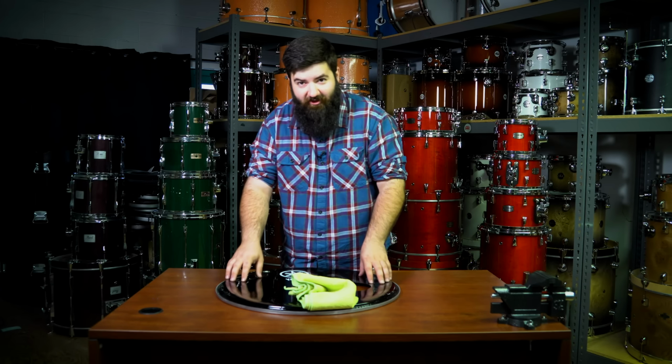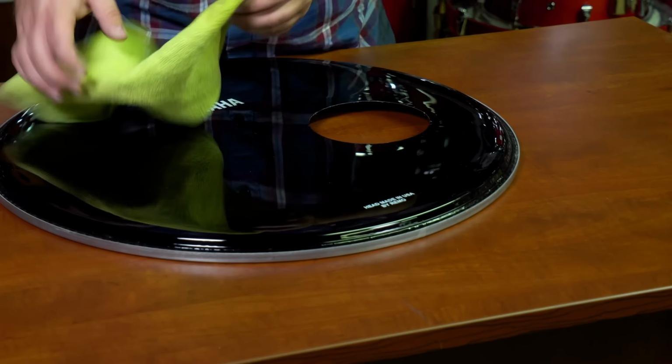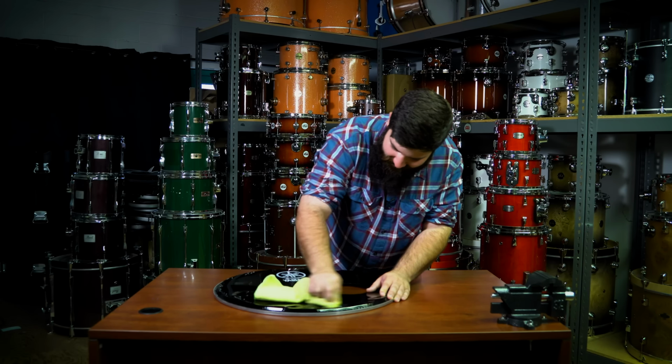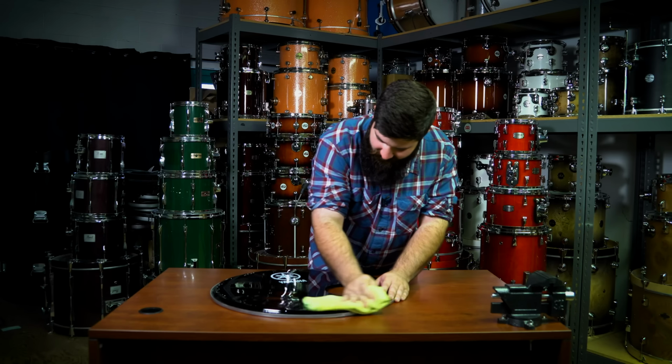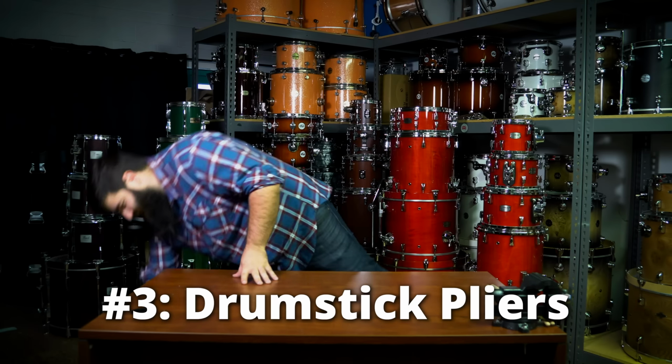Okay, so the head has been sitting now with the Goof Off on it, and as you can see, it still is intact, but if we start scrubbing, it comes right off. And we have no more logo on the head now. Next hack, we got